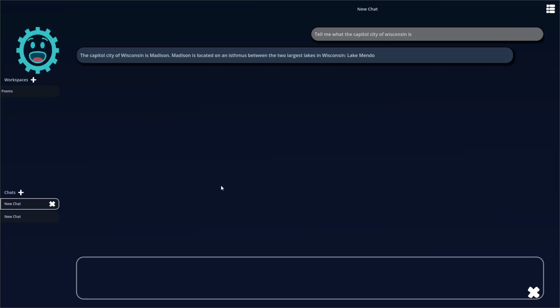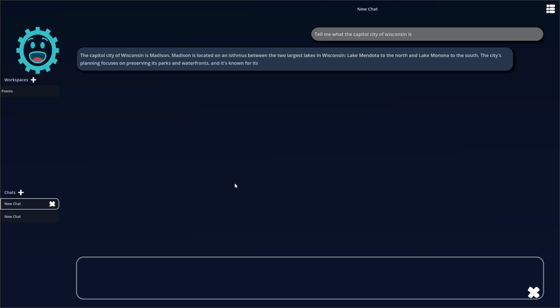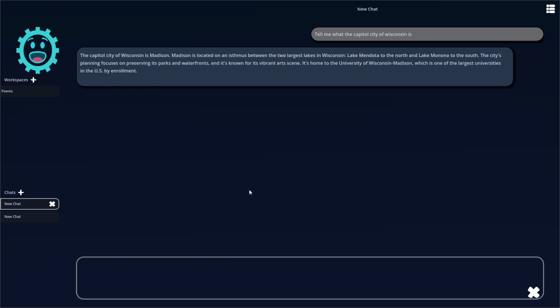The capital city of Wisconsin is Madison. Madison is located on an isthmus between the two largest lakes in Wisconsin, Lake Mendota to the north and Lake